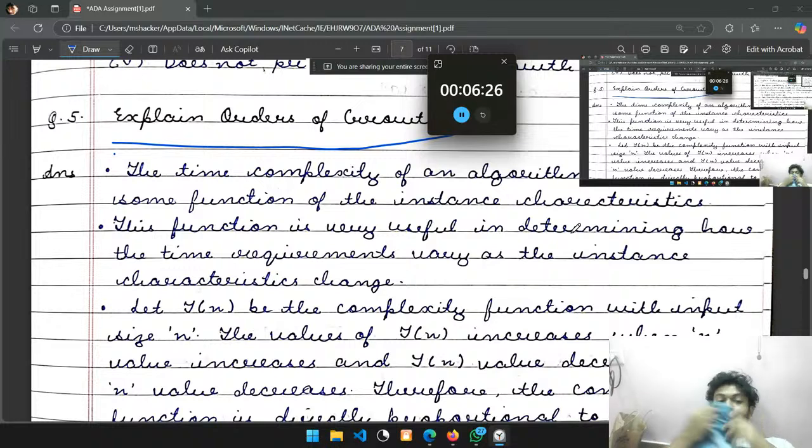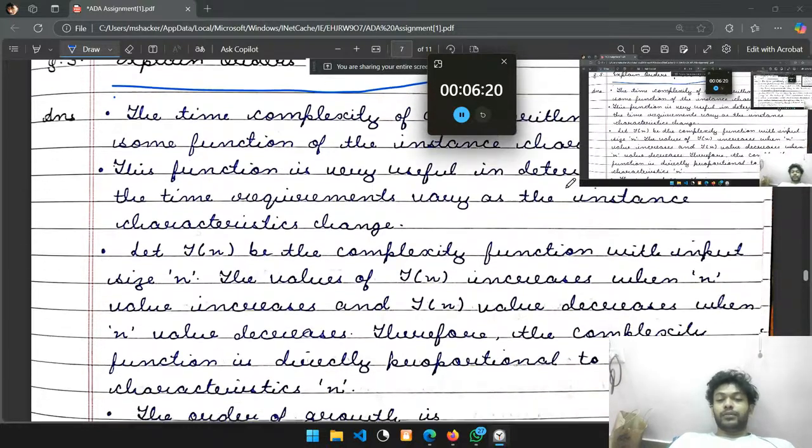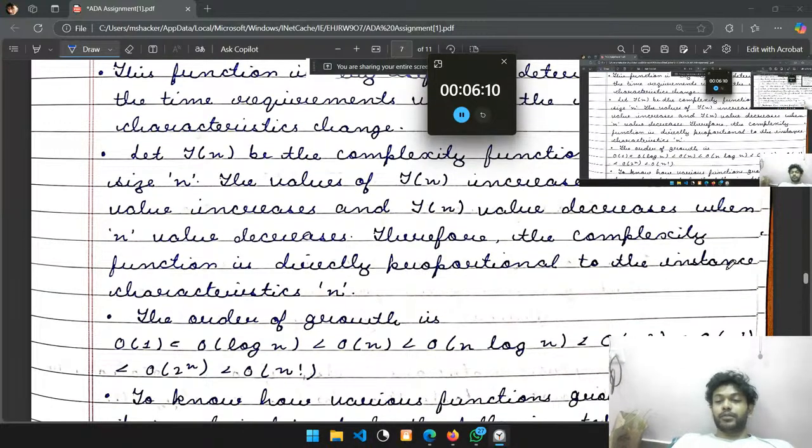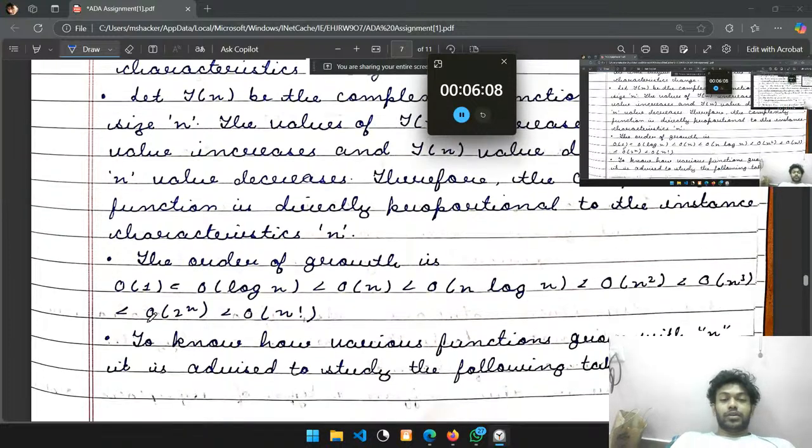Let f of n be the complexity of a function with the input size n. The value of f of n increases when the value of n increases, and therefore the complexity of the function is directly proportional to it. The order of growth